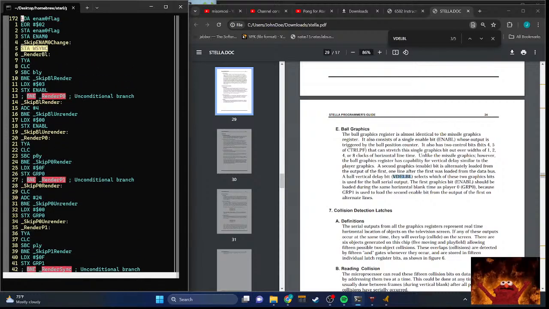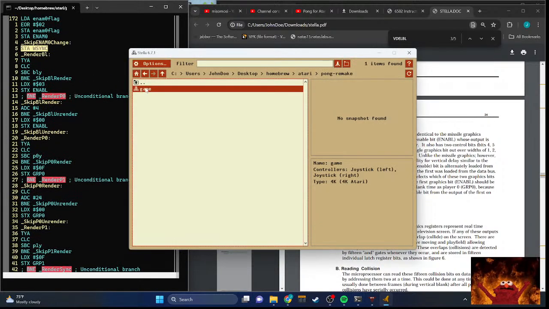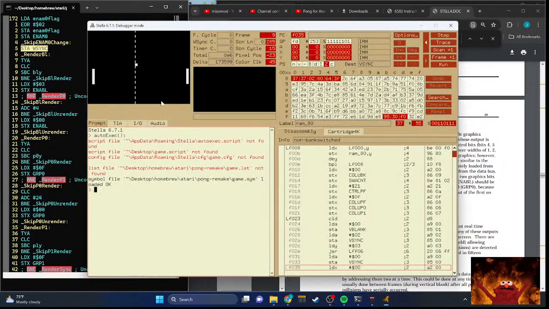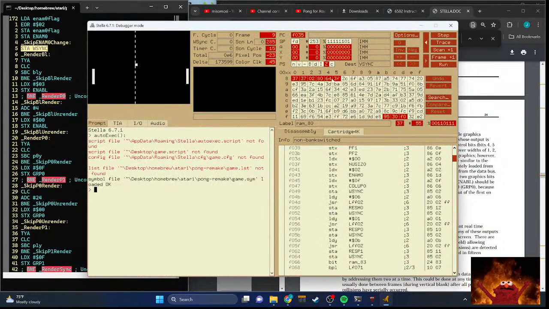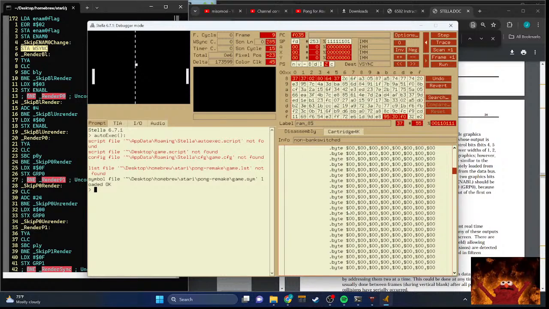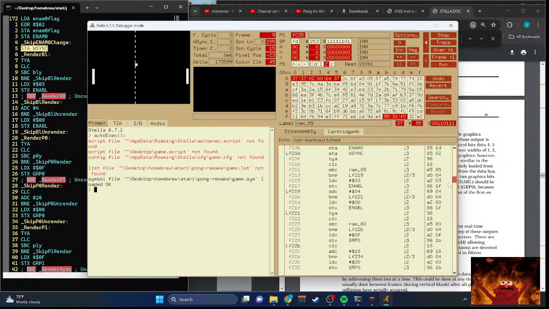So I'm doing the ball first, and then the player second, and then the other player third. Maybe I can sort of get away with this. Yeah, if I can get away with it, great. If not, we'll figure it out later. Wait, where's it? Right here. So I want to ideally